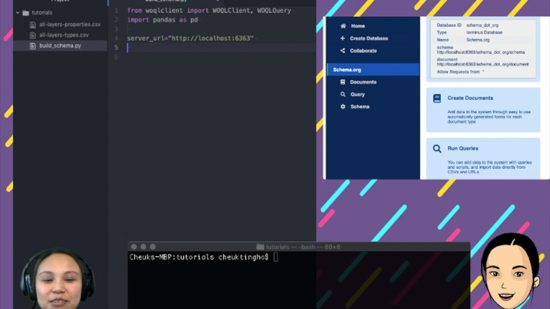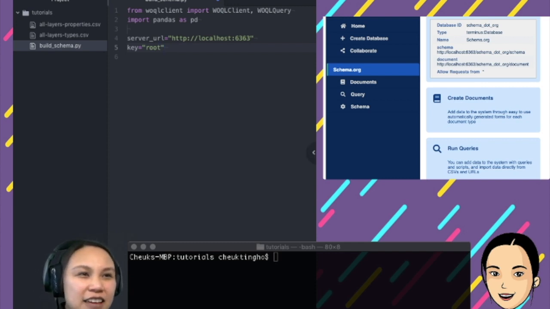So also, because that's our server, right, we need a key to enter. If you use the QuickStart script, it will set it up for you automatically, so you don't have to worry about that. For the API key, the default is just root. It's fine because I'm just running it on my local computer. People aren't going to break into it, so I'm relatively safe.